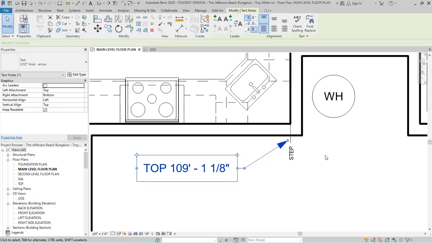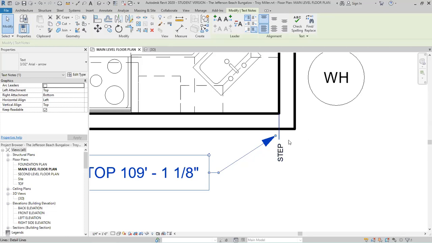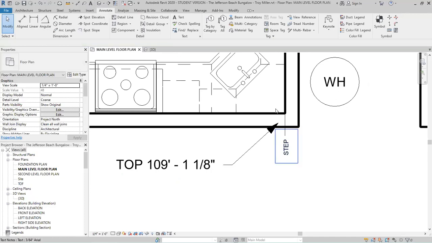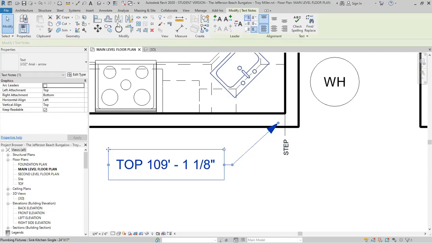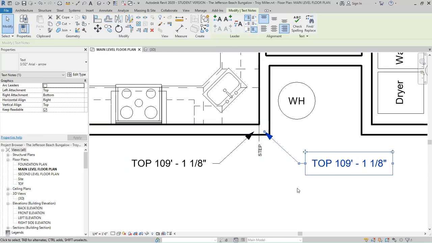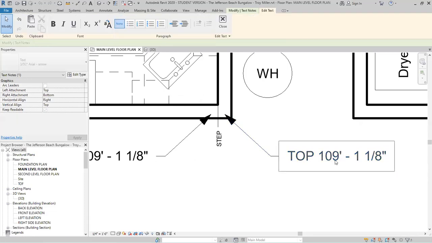Now the reason I didn't just change that on the other is I know that I was using that on the foundation plan. So if I were to change that back right there, my foundation plan is also going to change. So I'm going to put that arrow somewhere on that side of the wall. So basically on this side of that step, the wall steps up to 109, 1 1/8 inch. Now to add the top of plate with the leader on the opposite side, select that leader line, and what I just showed you using that mirror function, select that line that we put in to represent the step, and you'll see that it now mirrors almost identical to what you see on the drawing. The only difference is we have a 1 foot step down, so we're just going to change that to 1 foot